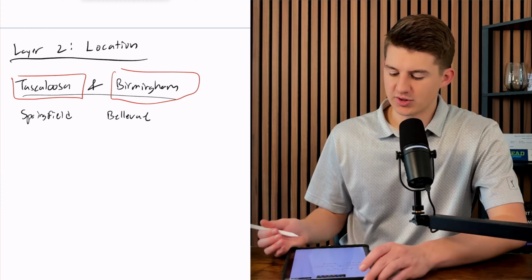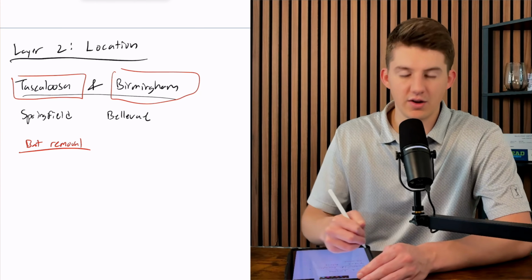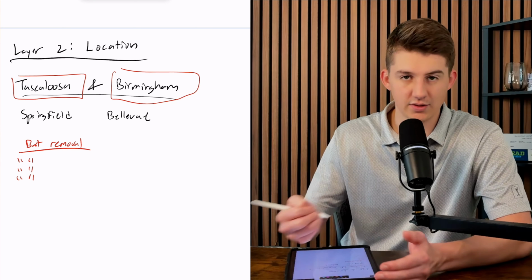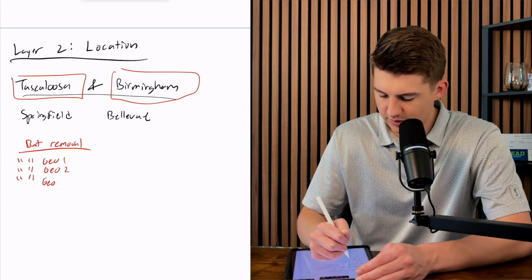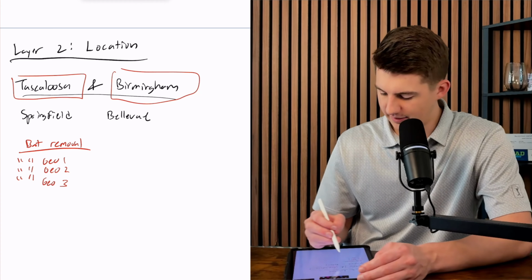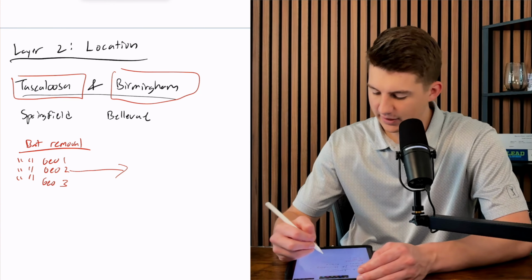So how you would approach this is, let's say you have your main ad group for bat removal, and within here you have your main term. I'm just going to do these quotes for the main term, which in this case is bat removal, and then you have your different geos each here, geo being geography. So geo 1, geo 2, geo 3, these are all different location names. What you would do is then peel out the winner. So let's say that geo 2 is the one that deserves its own ad group,